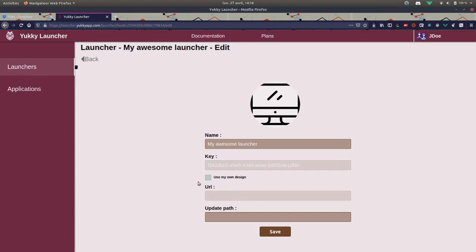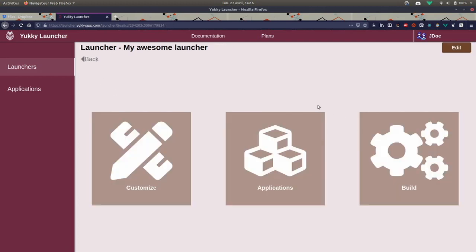is for pro plans and will not be treated in this video, but in another one which will be linked into the description. And the update path will also be treated in another video, but you should watch this video before giving your launcher to your final clients, because the update path is something really important. So that's it. Now we can go back and